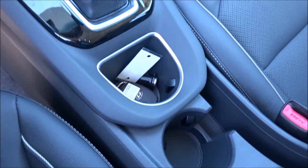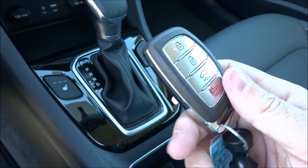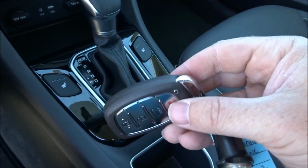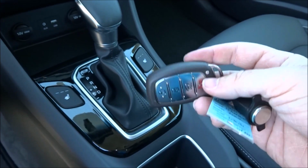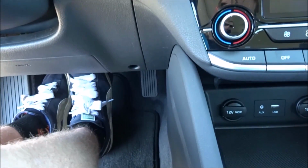But there's no time like the present to give this thing some power, so we do have Hyundai's standard key fob here with all your typical functions: lock, unlock, hold this down to release the trunk, and then of course the panic. You also have the releasable key blade here should either this key or the car itself lose power. So all you have to do, have the key fob anywhere within the vehicle, put your foot on the brake pedal, hit the button on the dashboard, and